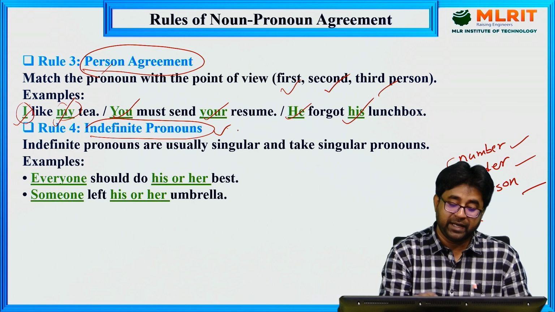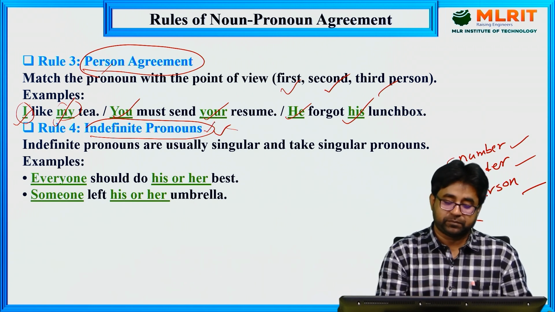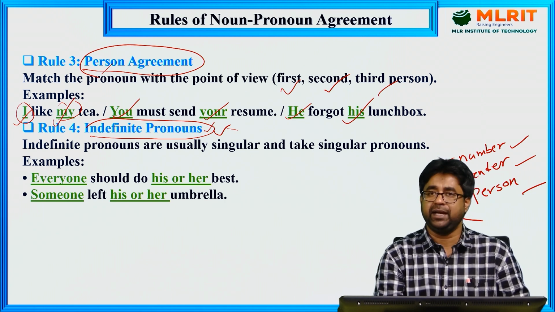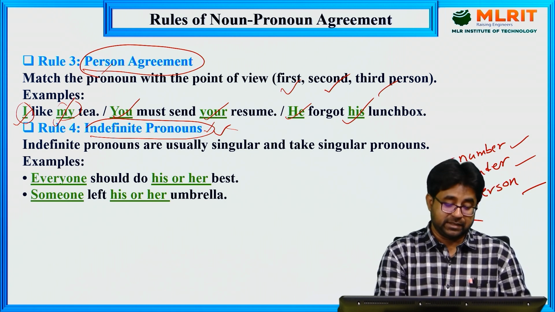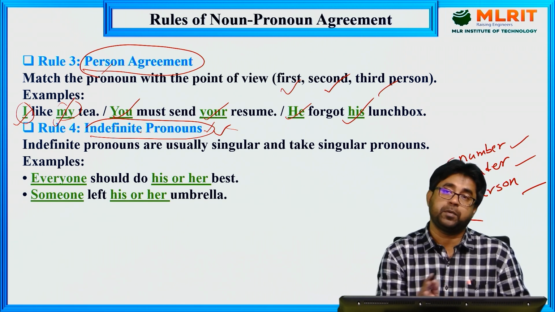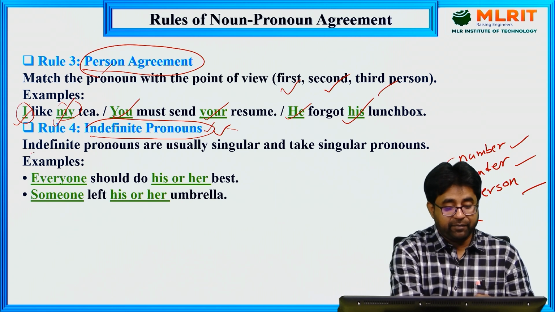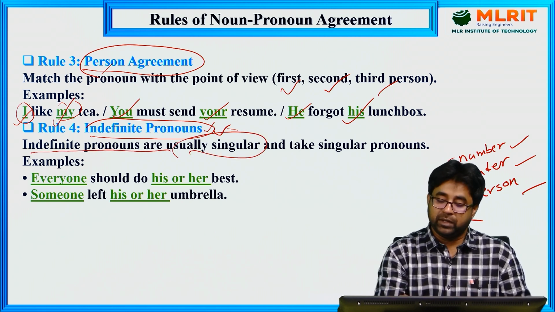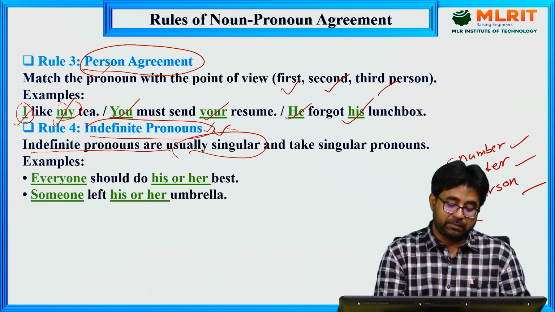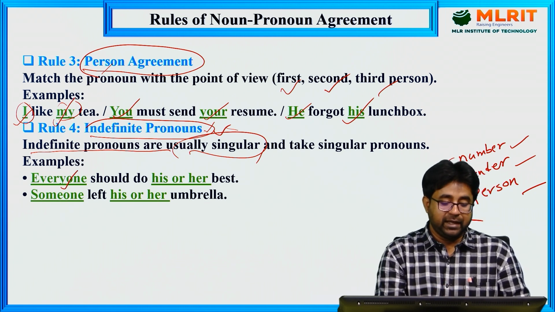You have seen already while dealing with subject-verb agreement also, the indefinite pronouns were a little confusing, right? So, when they were acting as the subject of the sentence. Similarly, here also in terms of noun-pronoun agreement, they can create confusion. So, you have to remember one thing. Indefinite pronouns are usually singular. So, what is the basic rule related to numbers? If the noun is singular, pronoun also should be what? Singular. So here you can see, here everyone,